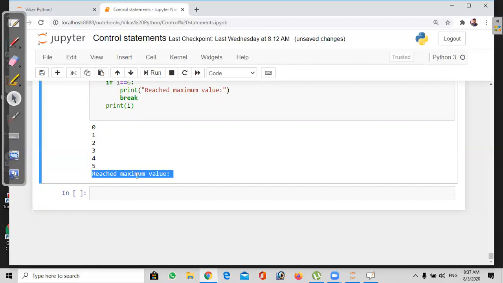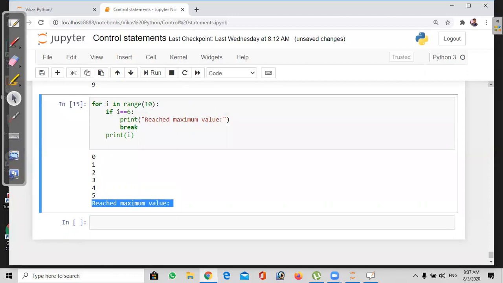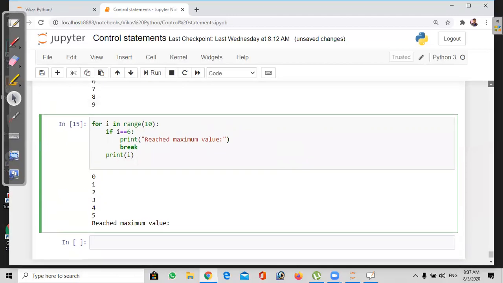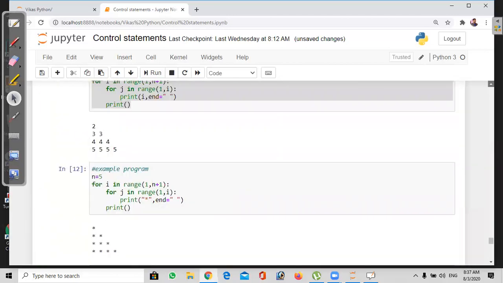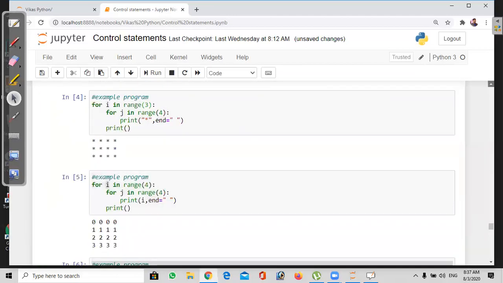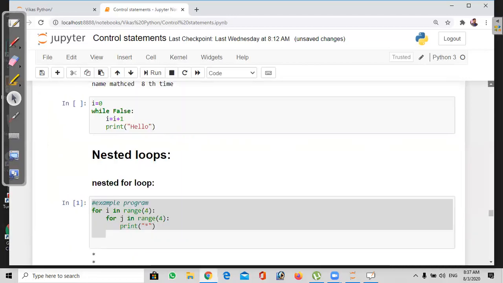The same concept will apply in our password checking. When you try to enter a wrong password 3 times or 4 times, when it reaches that count, the execution will be stopped there. The best example: we'll copy the previous example, where we checked the entering of our name to count the number of times.